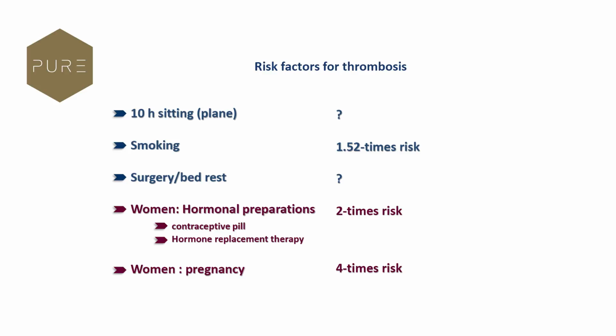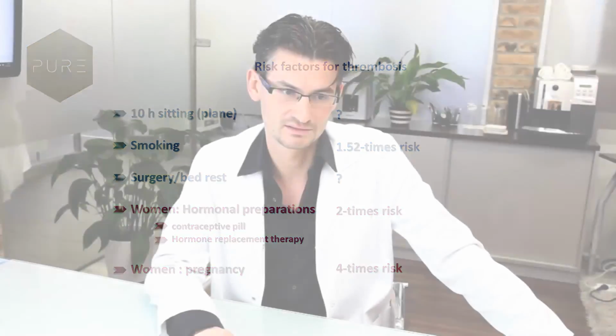And also for women in pregnancy, generally they have a 4 times higher risk of developing a thrombosis compared to non-pregnant women. If combined with a genetic variation, it's a 60-fold risk. So it's a very, very high risk, and these women should be treated with heparin to protect mother and child from this dangerous condition. There's more information about the hormonal therapies and pregnancy in another training,